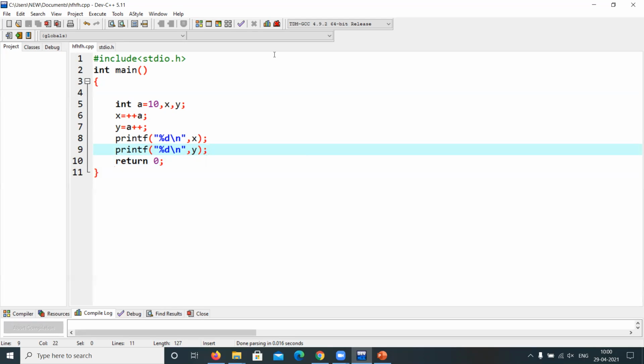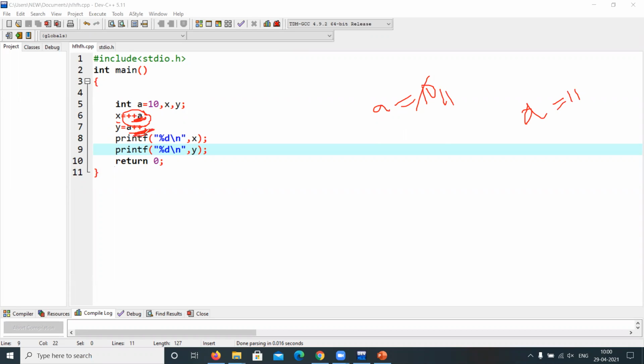What will happen means, a value is 10, right? X equal to ++a, which means if you apply the pre operator, first the ++a will be done. a will become 11 and this 11 will be stored in X. So X will become 11. Now Y equal to a++.